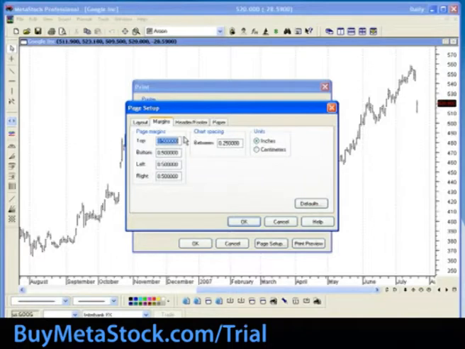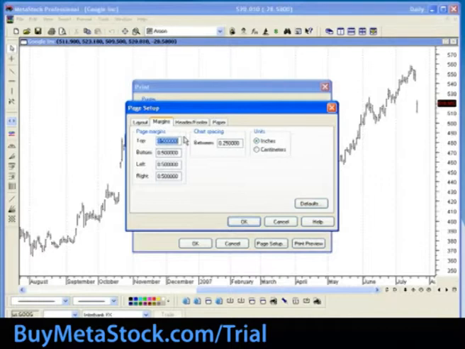Under the Margins tab is where to choose or customize the margins, spacing, and units of the chart. The page borders are printed directly against the margin settings. Select Page Margins to specify the distance the chart should be printed from the top, bottom, left, and right side